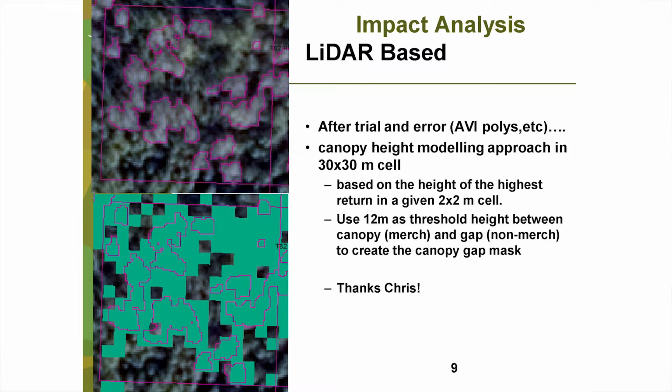We then used, this is after a lot of trial and error, we have the polygon data and we thought, okay, what do we do with it now? It's one thing to know that there's dead trees there, but we need to know the impact on the forest resource. We couldn't just use the AVI polygon because largely the impact might be at one end of the AVI polygon versus another, so you're not getting an accurate picture of the mortality. So we used a 30 by 30 pixel and used LiDAR to determine the merchantable canopy in a given pixel as the denominator, and then we used the mortality information as the numerator, and that just gave us the percent impact on the crowns in that pixel.